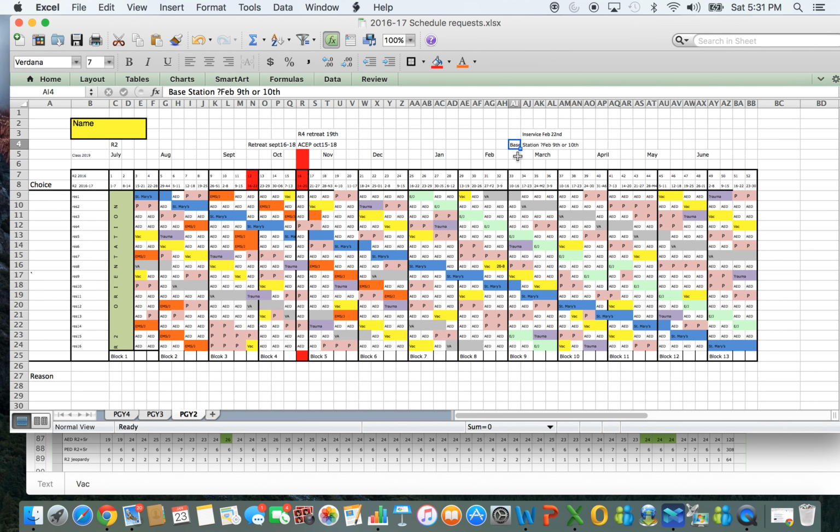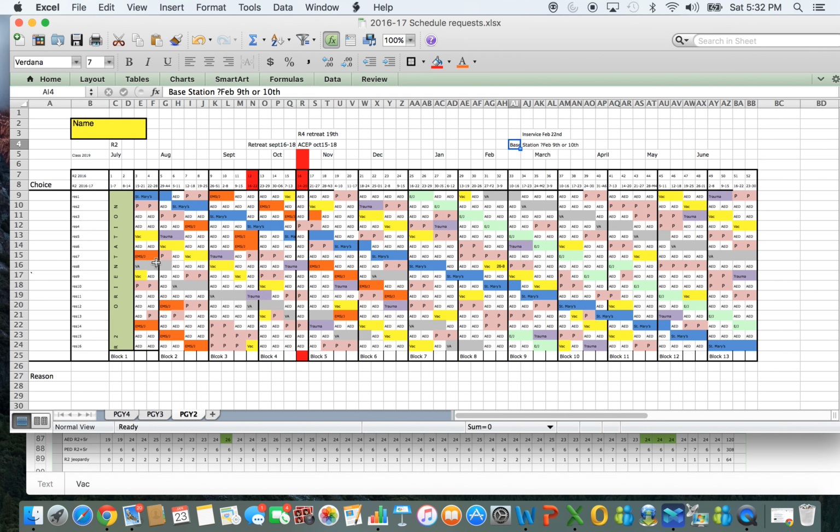Base station training, we haven't scheduled yet, but I anticipate that it will be either February 9th or 10th. You'll notice that there are 2 vacations that straddle that period of time, and if you happen to be on vacation, if we decide on the 9th, your vacation block will be shifted 1 day to the left. If we decide on the 10th, your vacation will be shifted 1 day to the right, so you'll still get the same amount of vacation time. That scheduling is still pending, so we will deal with that as we make the schedule.